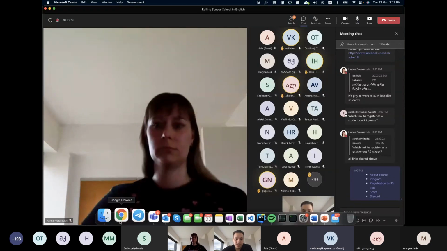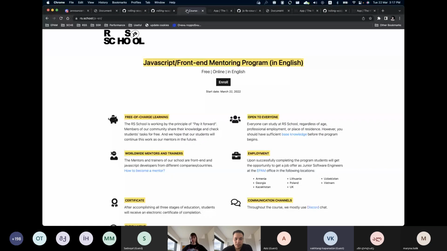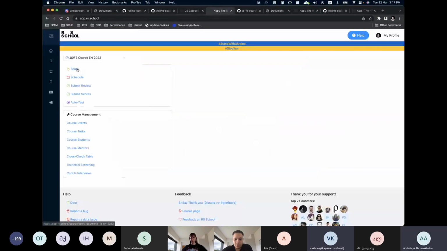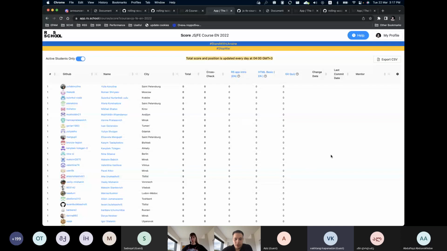So everything that is included in the score table. As we can see, here we have a bunch of tests that are already added. Based on everything that is in the table, the total score will be calculated.